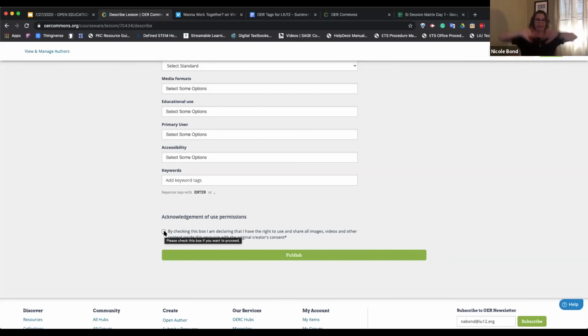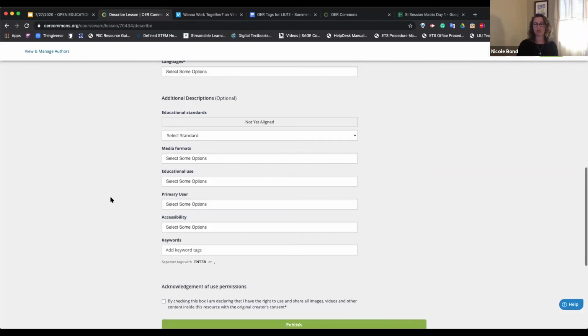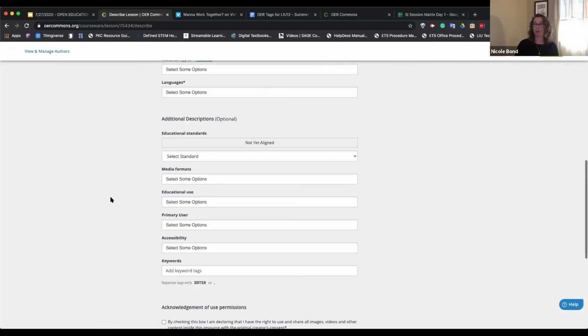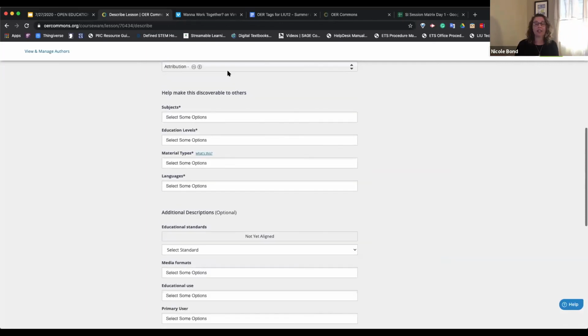So when you hit publish, it isn't like it's automatically out there. And people will be able to evaluate it. So I always say share and share alike. If you're getting evaluations, evaluate a couple as well. That feedback is always useful. So it was a basic overview of OER and what you can do to both add to and discover material.